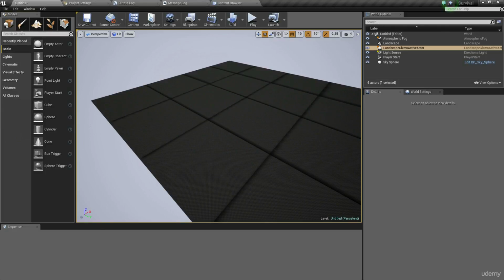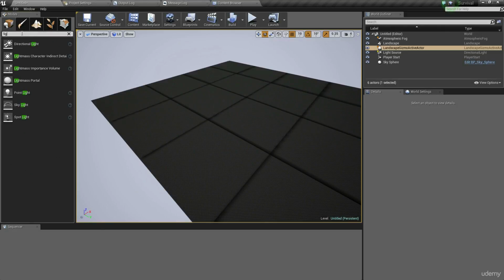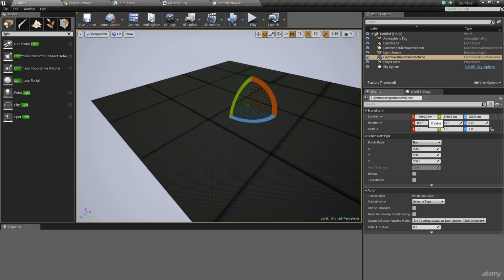into place mode. I'm going to type in light mass, and I'm going to add a light mass importance volume. I'm going to set its location to be 0, 0, 0, and now I'm just going to scale this up to be the size of the landscape. So I'm going to set this to be 60,000 by 60,000, and in terms of height, I'm going to set this for the time being to be